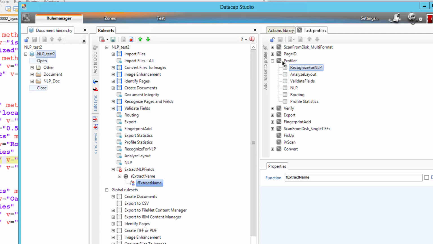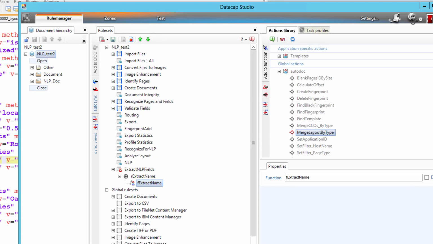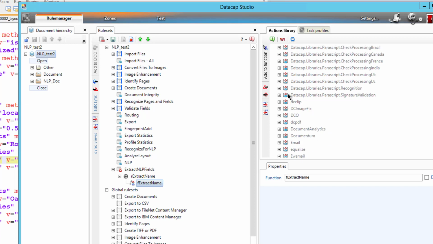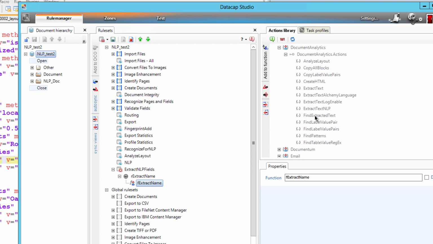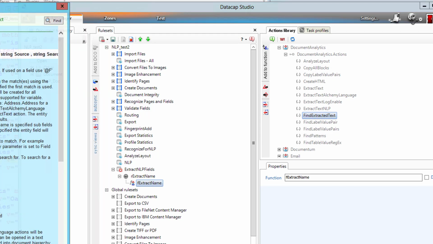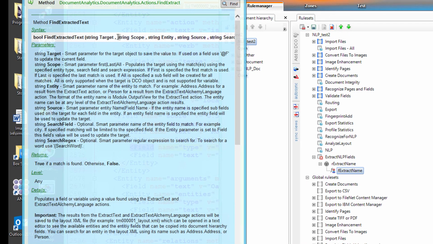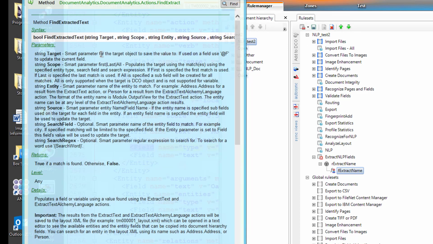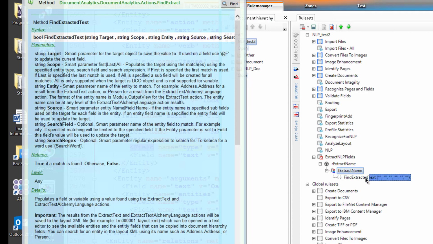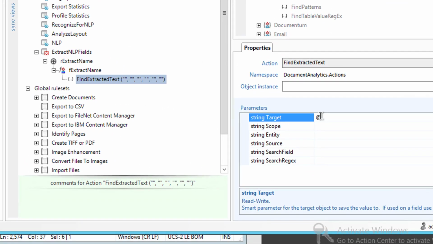Now this one's tricky. I've always had to tweak it a little to come back and try over and over to get the right thing and look at samples. But there is in document analytics, find extracted text. This gives some samples, and these are just really trying to find things in the XML. So the target is a smart parameter, target object save the value to, so that'll be at F since we're going to attach this to the field. Let's just start working on this. So target is at F,